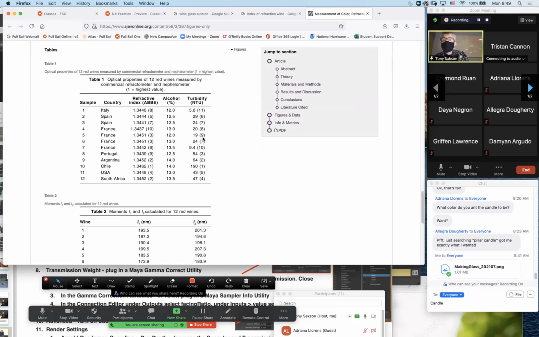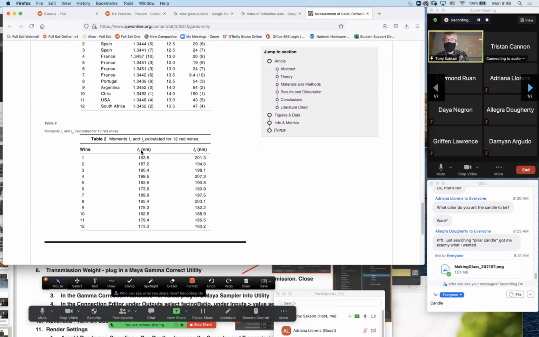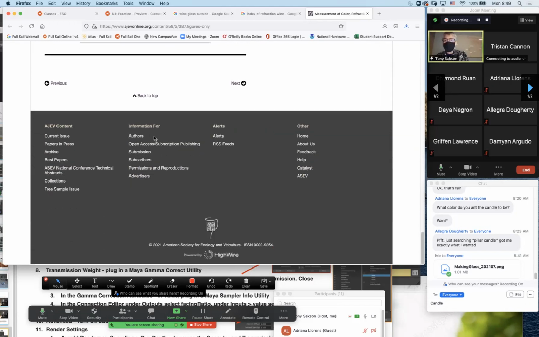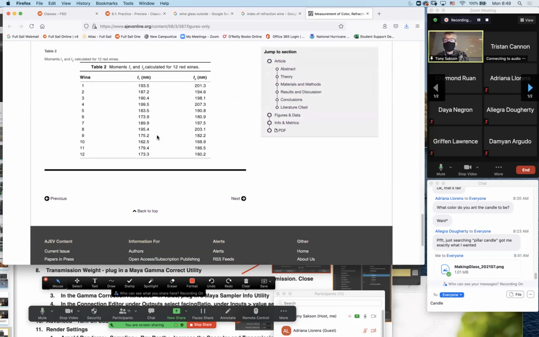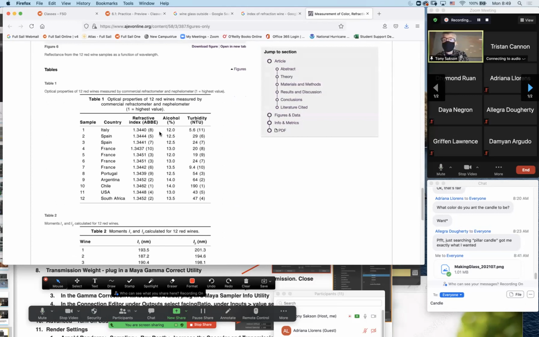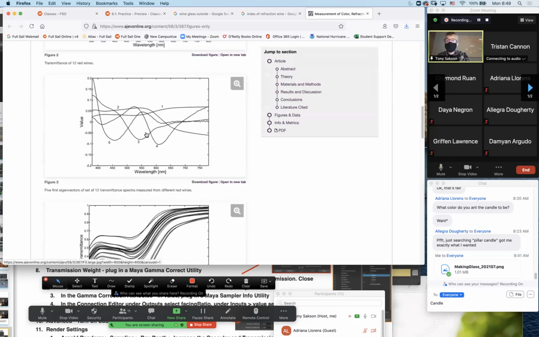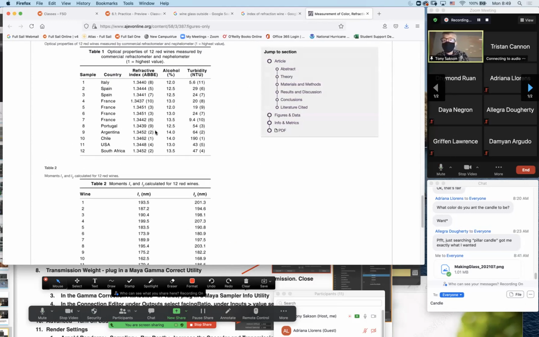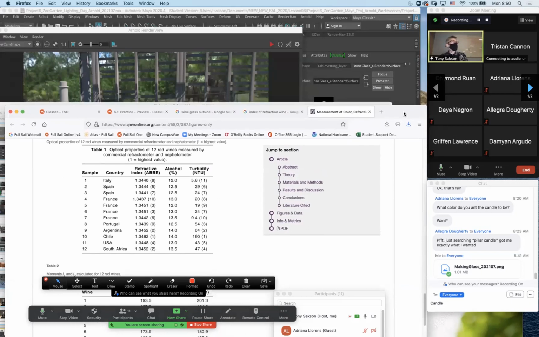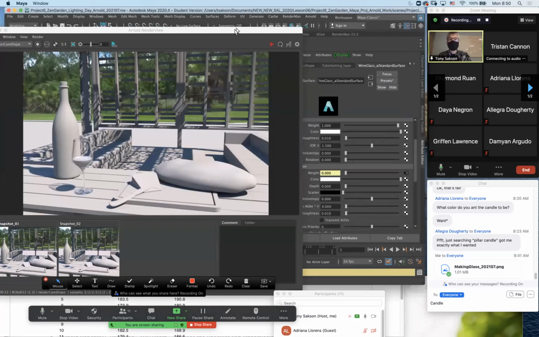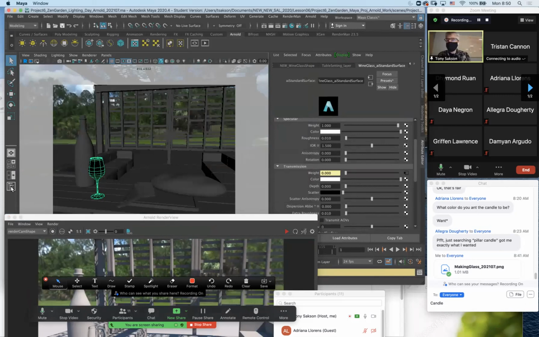Oh, here we go. Alcohol content. Looks like it's 1.34. 12 red wines. Eh, 1.345. All right, let's go 1.345. Sounds like a joke number. So let's go into